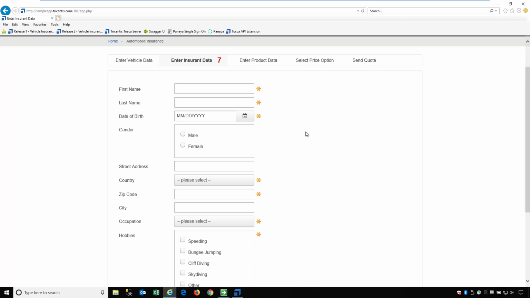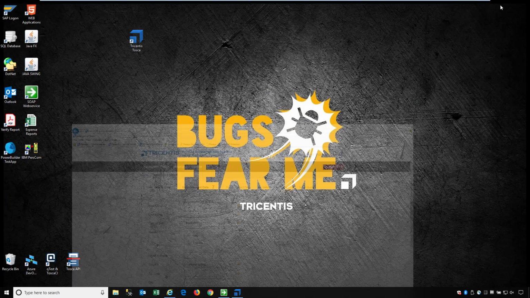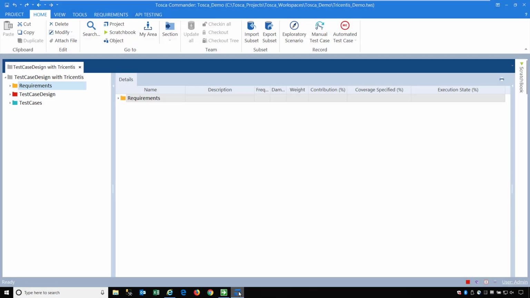So we want to do some testing around that and ensure there's no gaps and we have full business risk coverage for these particular fields here that will affect the quote from that side. So I'm going to collapse that now, and let's jump right into Tosca, and we can see here I've simplified